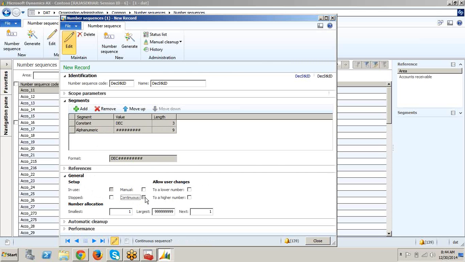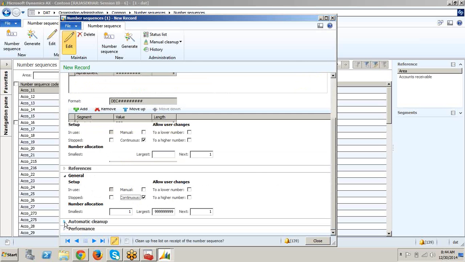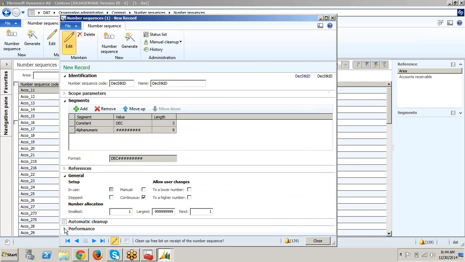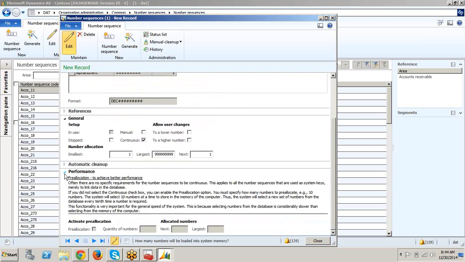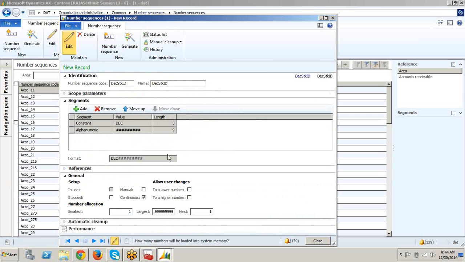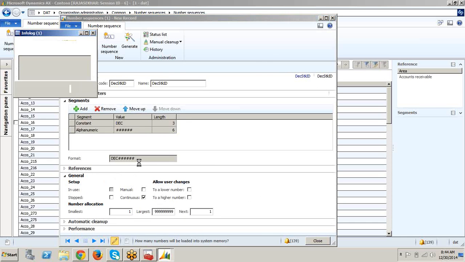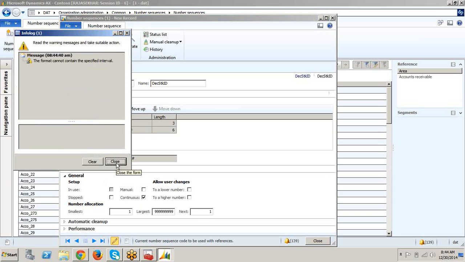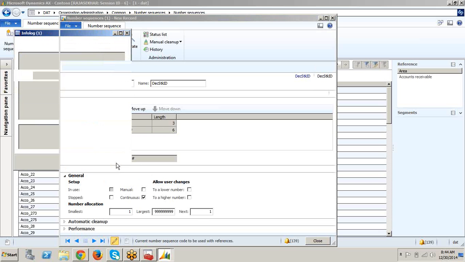Here you click on the continuous button. No need to take care of all these things. Click on the continuous button, and here you make it as cannot contain the specified intervals.